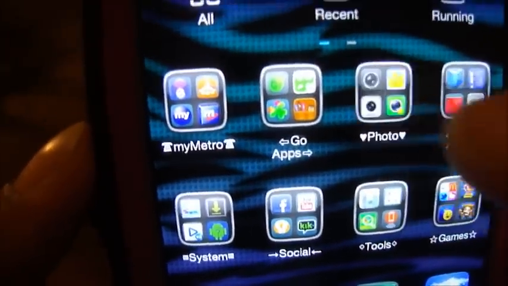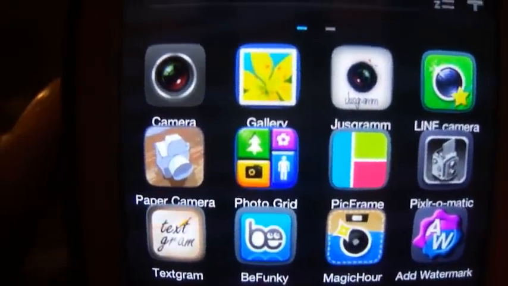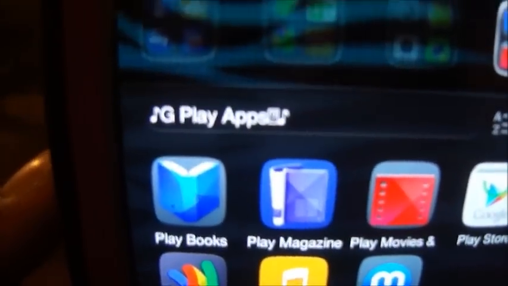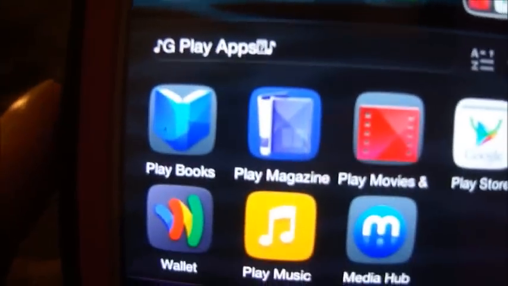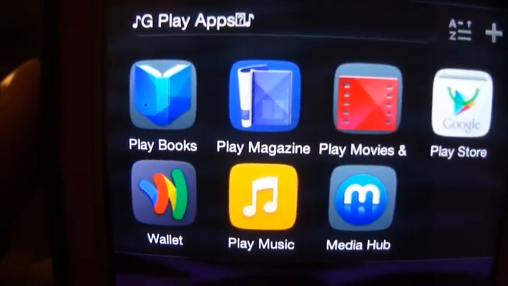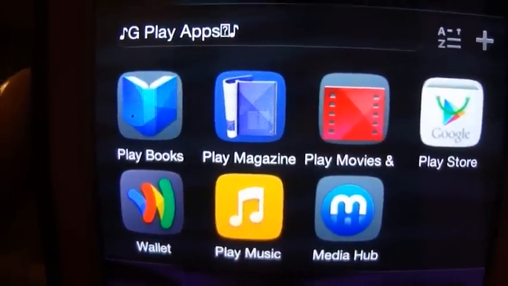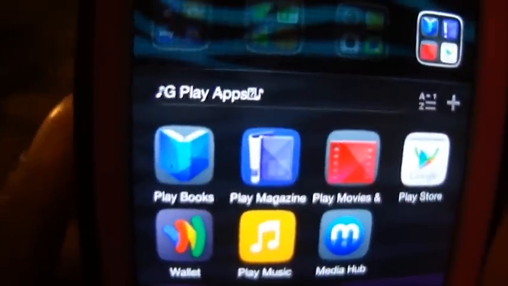Then in this one, my photo, which is pretty much the same as the one that I have on my home screen. Then I have this one, which is the Google Play apps: Play Books, Play Magazine, Play Movies, Play Store, Google Wallet, Play Music, and Media Hub.